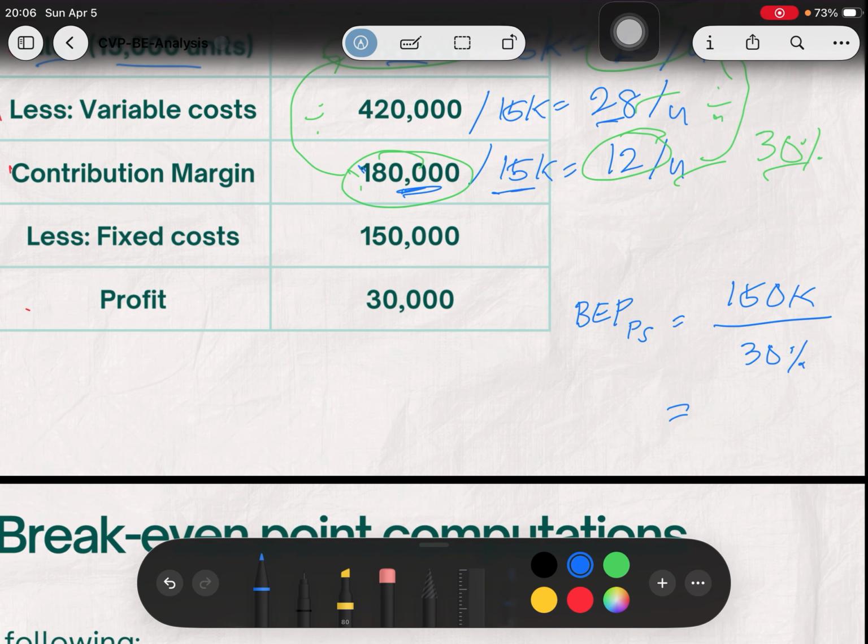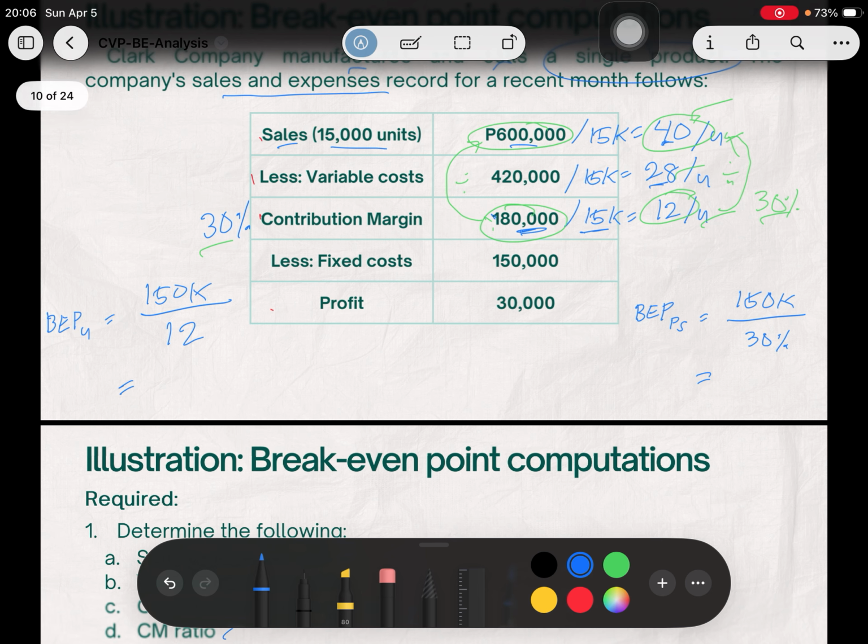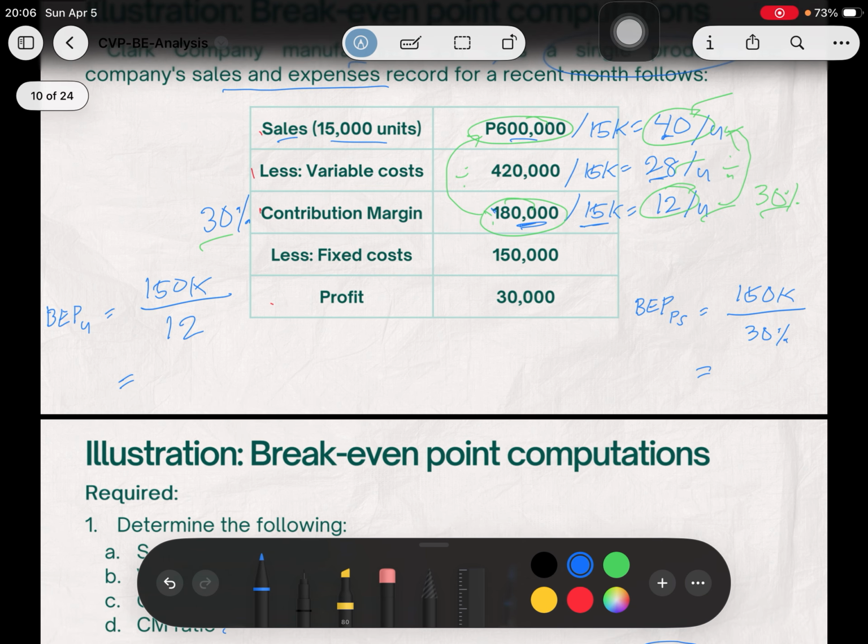Okay. So, ganun lang. No? Ganun lang yung pag-compute natin ng break-even point. Same lang siya ng numerator, pero sa denominator magkaiba. Depende sa hinahanap natin. So, let's solve first the break-even point in units. So, ang ating formula ay fixed cost divided by contribution margin per unit. So, to solve that, 150,000 divided by 12. The answer is 12,500